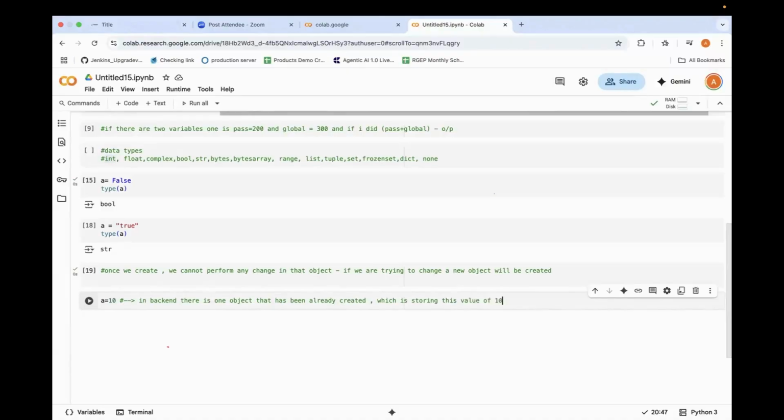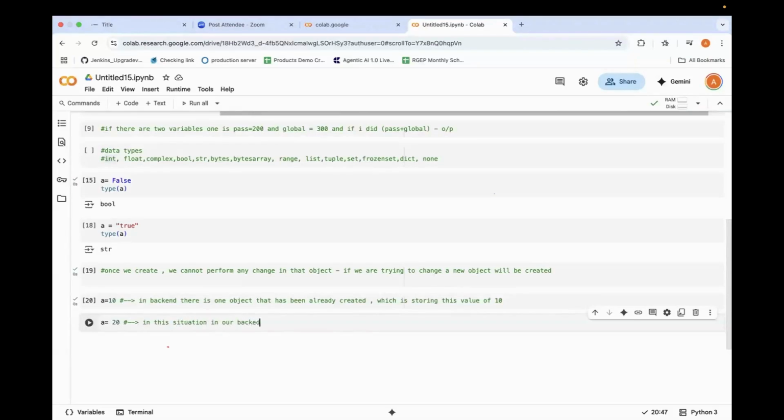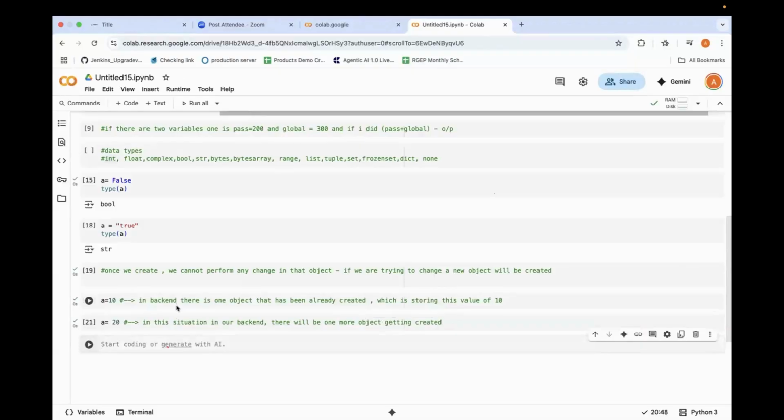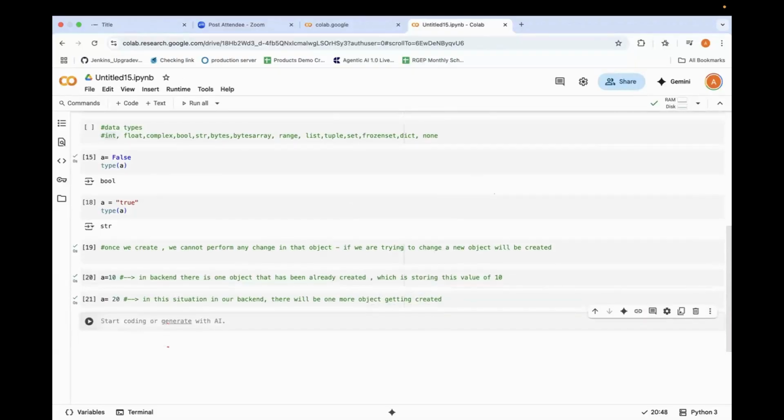Now, if I want to create a equals 20, in our backend there will be one more object getting created. So how many objects do we have now for a? Two. Right. This is something called immutable.